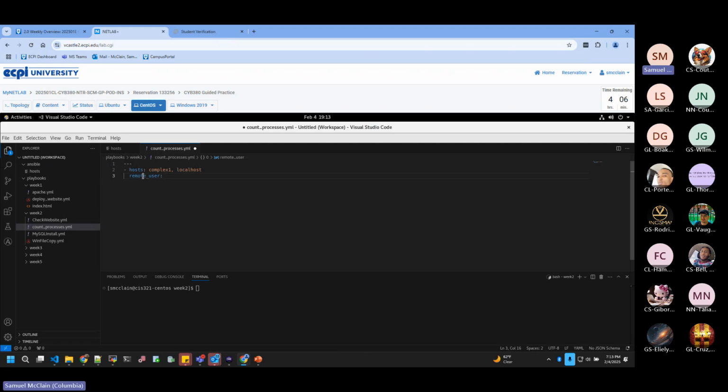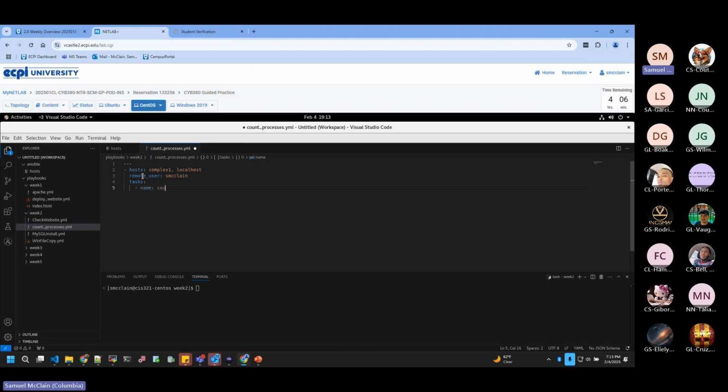So when you run ask become pass, that flag, it's assuming you're running as root or as the admin user. If you specify a remote user, you don't necessarily have to do that portion. Especially if you have the token in place or the key in place, it'll just automatically allow you to connect without asking for that password. And so this is where you would put your username, the tasks that we're going to perform,